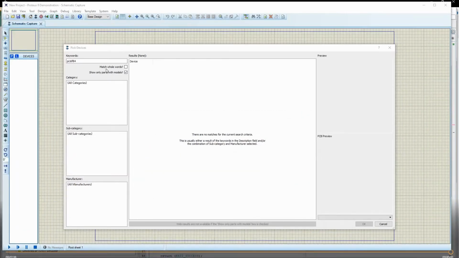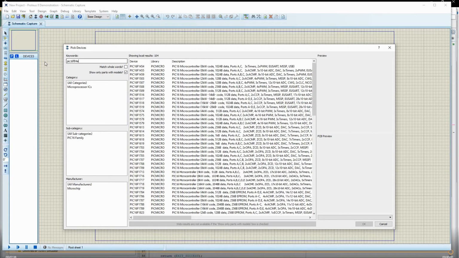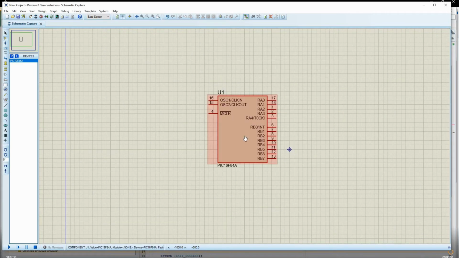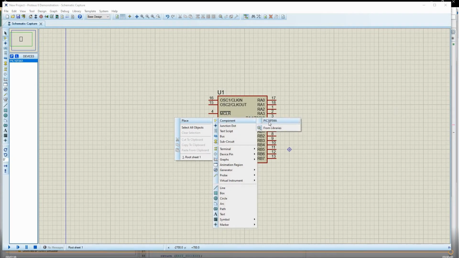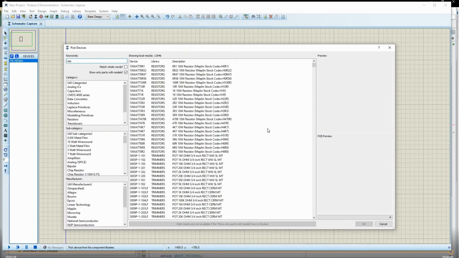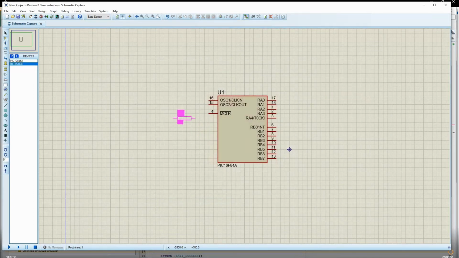PIC16F84A. So I'll use one for MCLR and two for the LEDs.